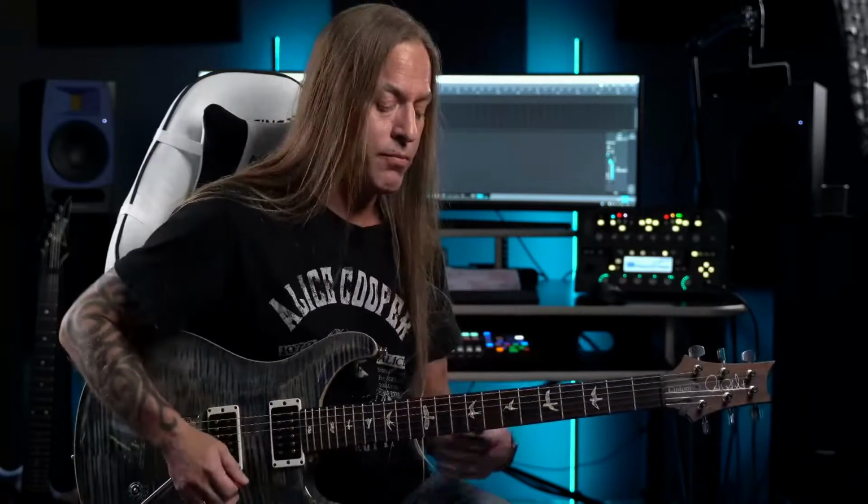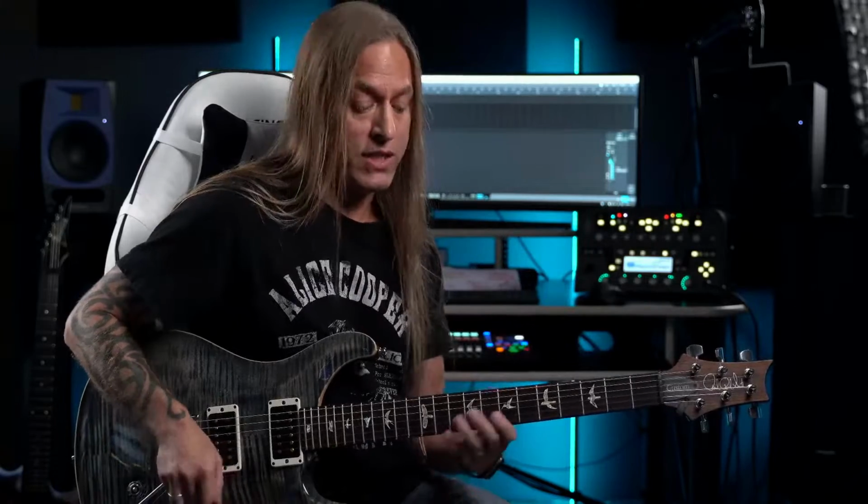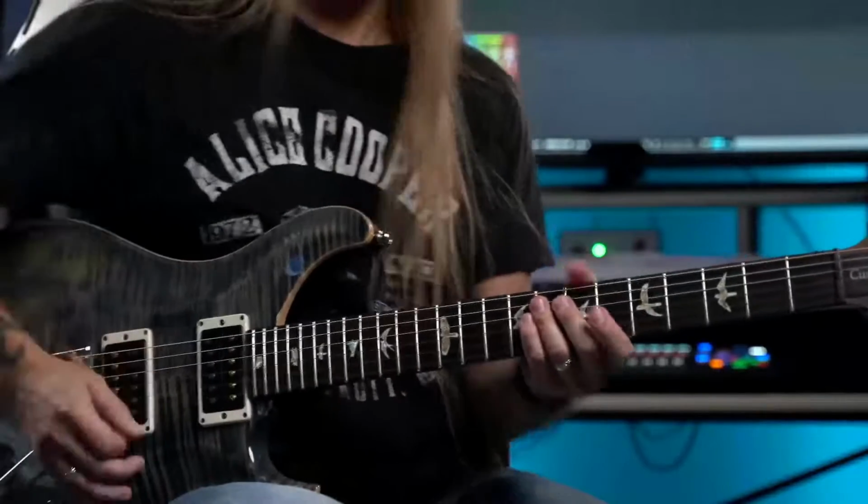Now, if you come from the camp of modes, oftentimes people will say, well, just use Mixolydian or just use Dorian, which both of those work wonderfully for blues. But the big thing with blues is that we want to have the sixth, the major sixth in there. We want the dominant seventh in there for sure. Okay? But the other thing is, and let me show you this, if I go to the center of the